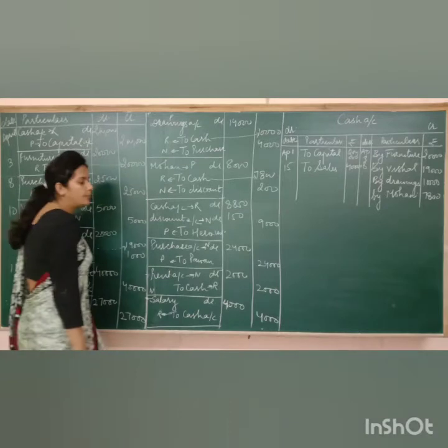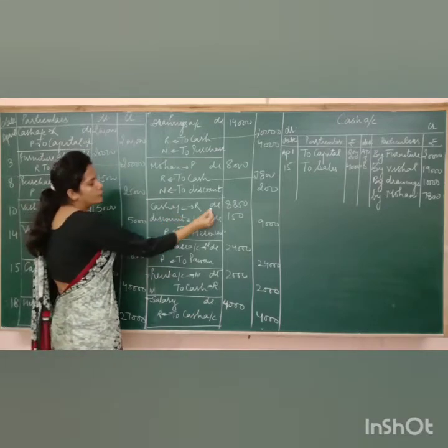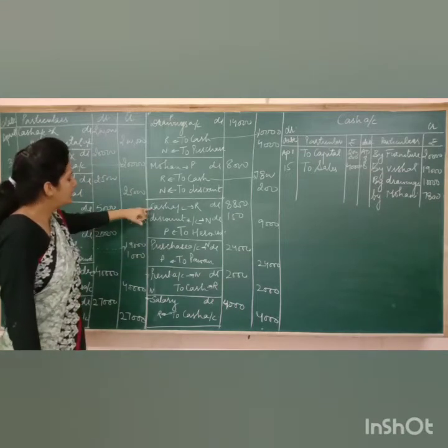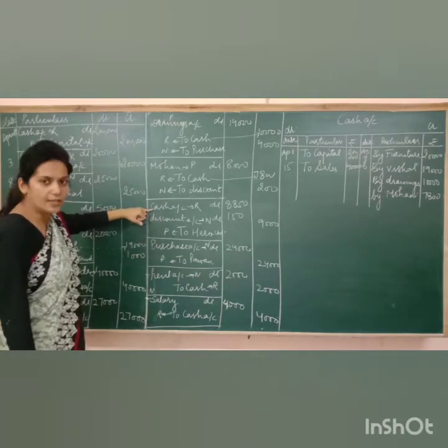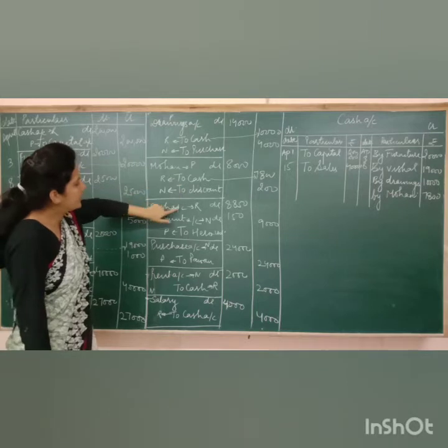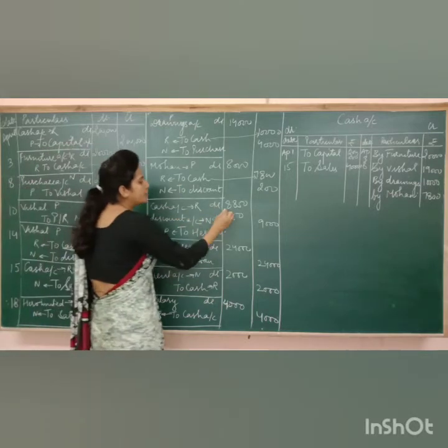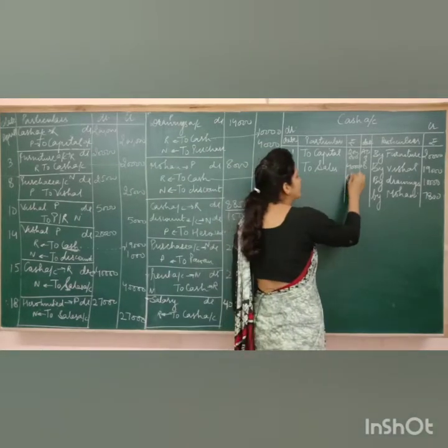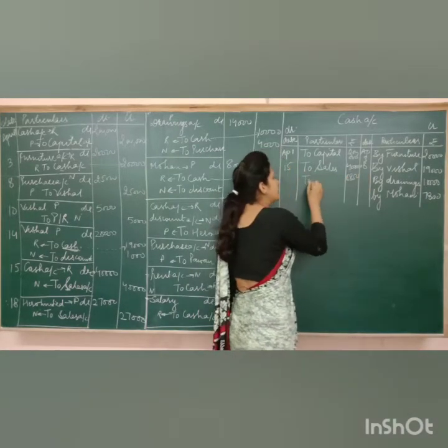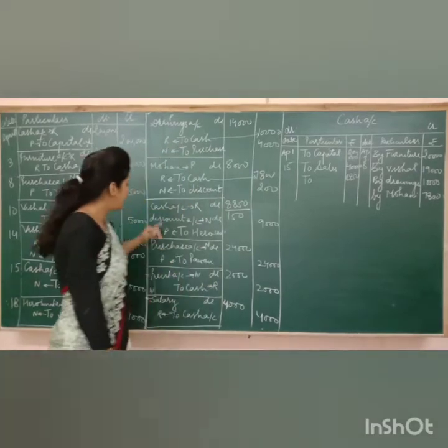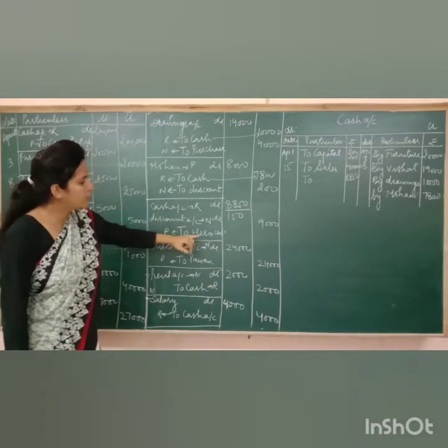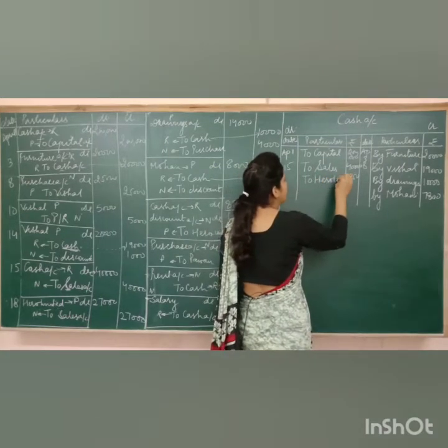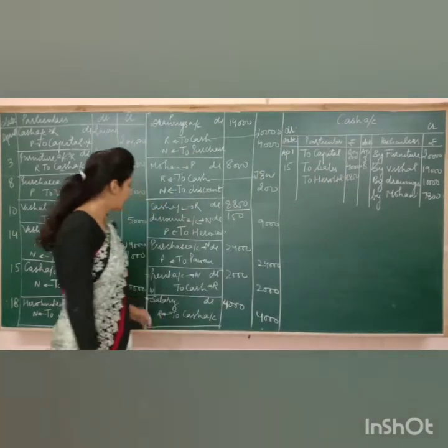Next is again a compound entry because there are two accounts on debit side and one account on credit side. Now here out of these three again I am making cash account only. In this entry cash account is debited with rupees 8850. It means this entry should be on debit side. It should start with the word to, and cash account is debited because of Hero Limited. So I should write here to Hero Limited.